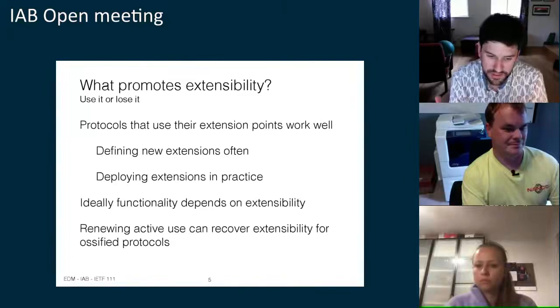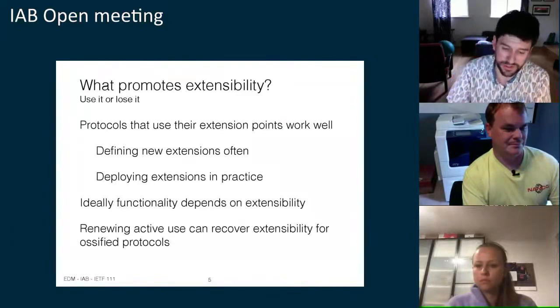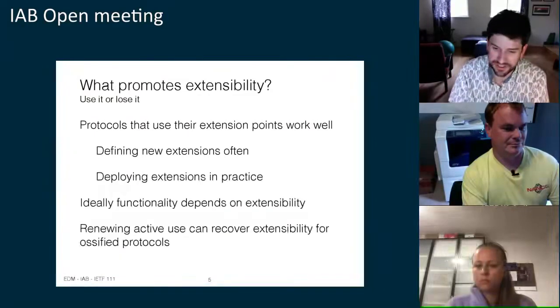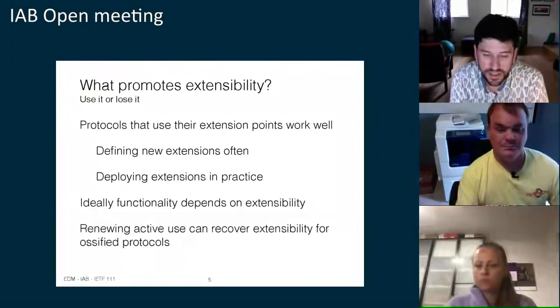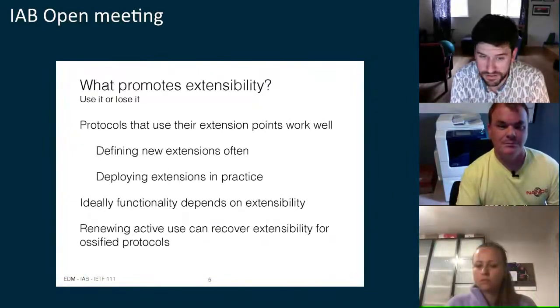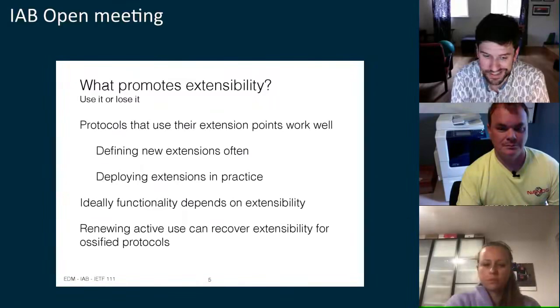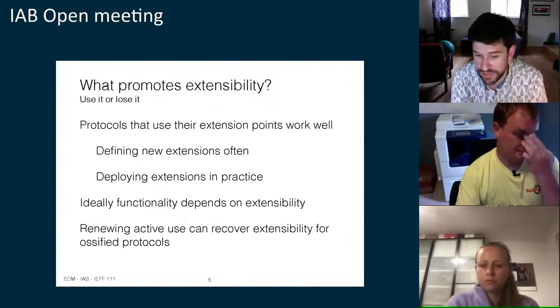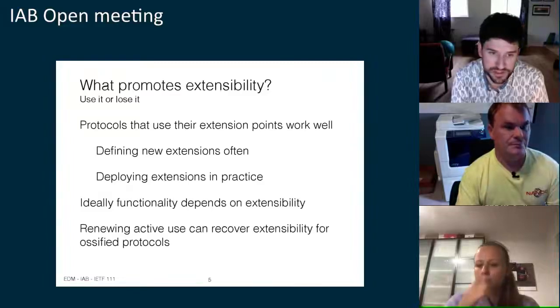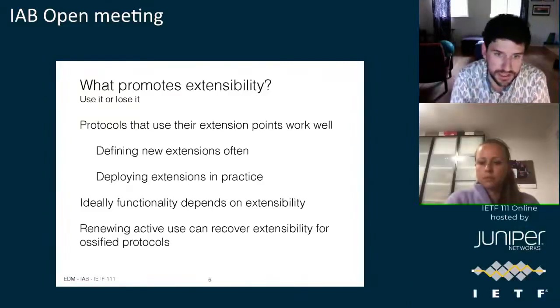And kind of beyond just really using these extension mechanisms a lot, it's really best when the functionality of the protocol altogether has a strong dependency on that extension point, such that if something happens to it or you have a bug in that extension point, everything falls over and you notice it very quickly. And it's also noted that there are some examples of protocols that had kind of lost their ability to use their extensions, and then they regained them by active use. So that leads on to the next slide.